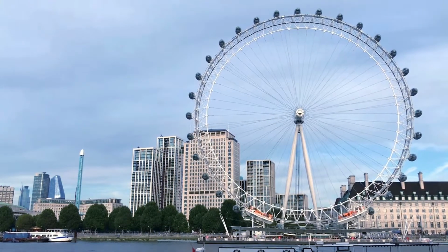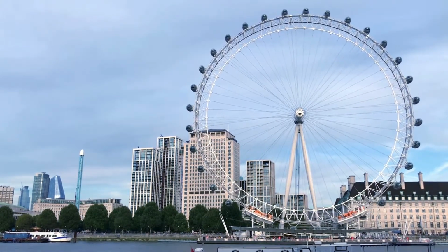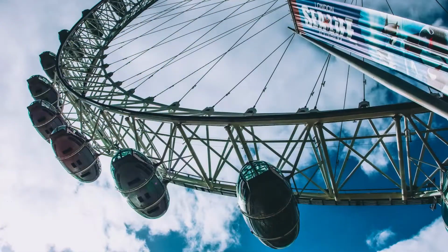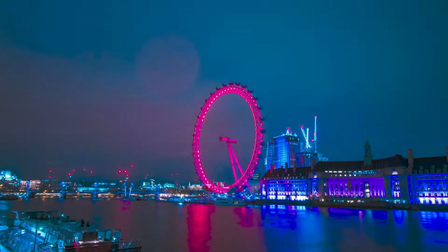Crossing the Thames on foot over the Westminster Bridge, we arrive at the London Eye, a large Ferris wheel located on the south bank of the River Thames. It is the tallest Ferris wheel in Europe and the most popular tourist attraction in the UK, with over 3.75 million visitors a year. It is 135 meters high, and the circle of the Ferris wheel has a diameter of